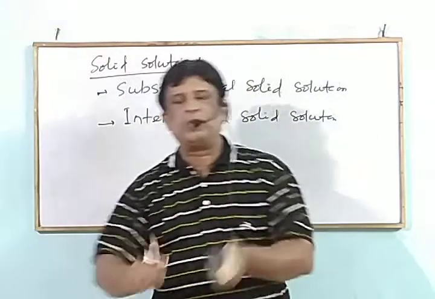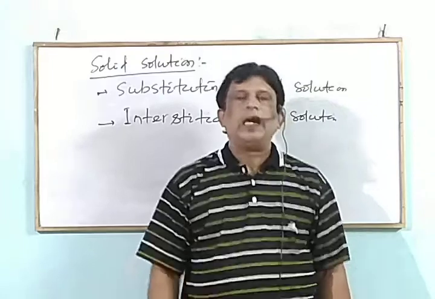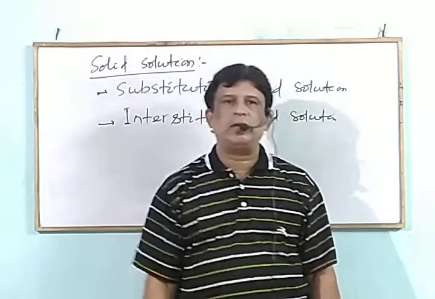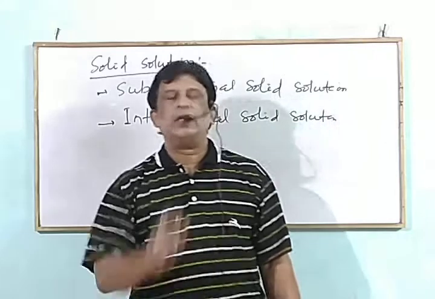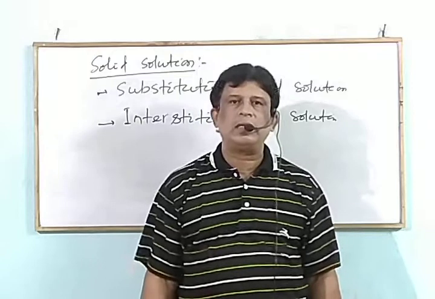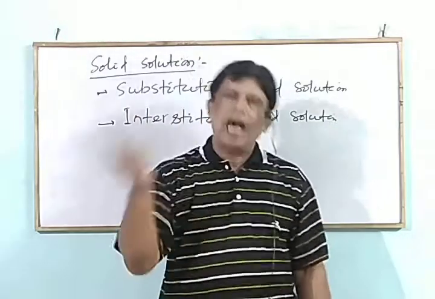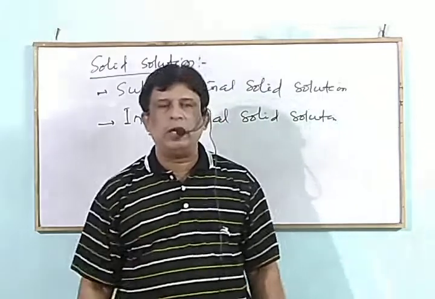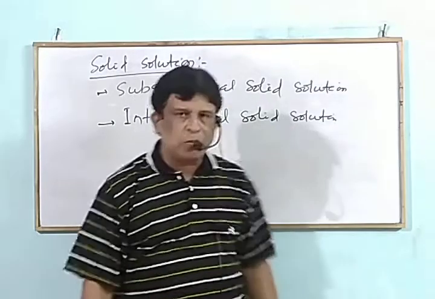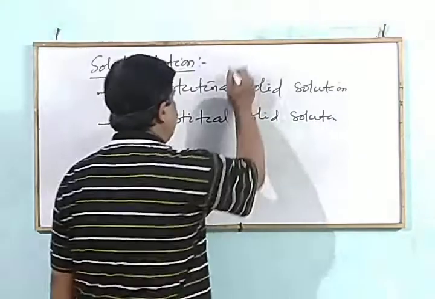If in the crystal lattice of one type of solid, an atom, ion or molecule is substituted by another type of atom, ion or molecule of a solid having similar shape and size, then the solid solution obtained is known as substitutional solid solution. Suitable examples are brass,